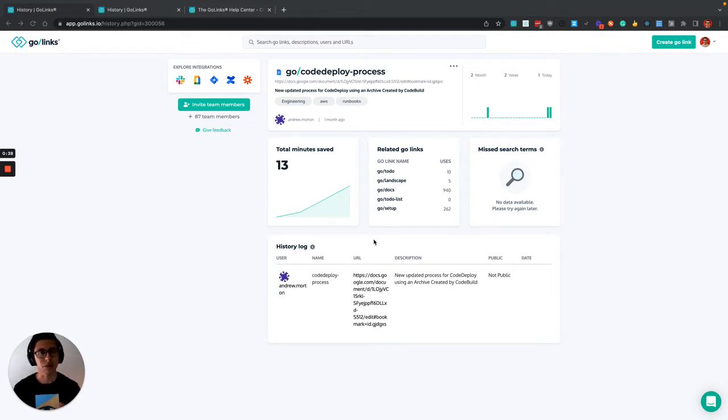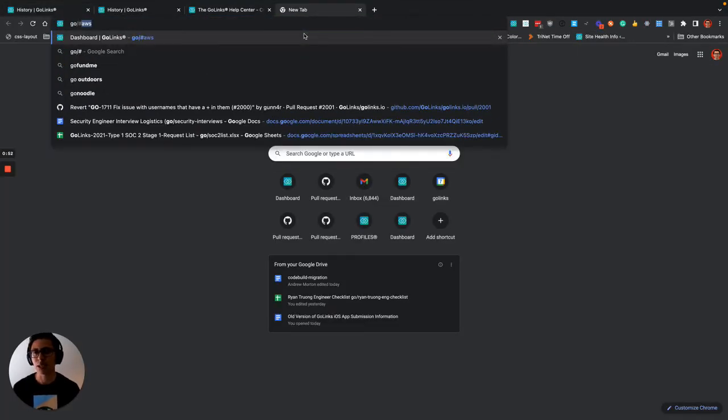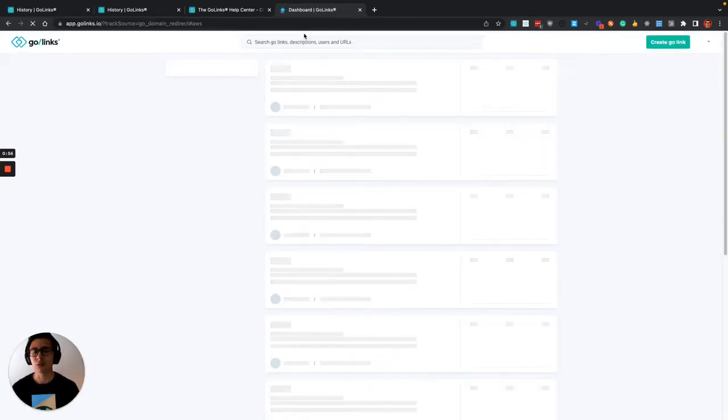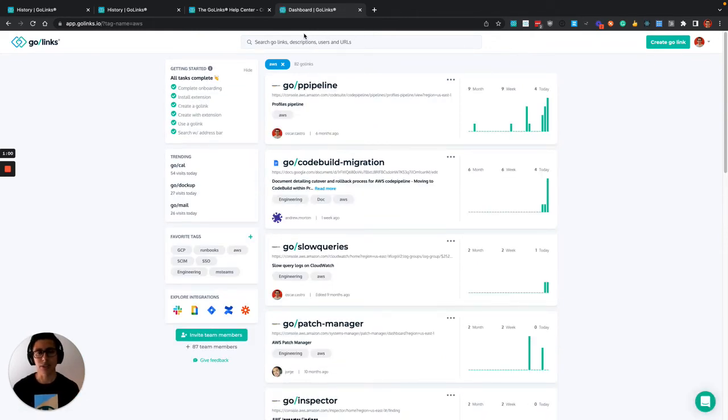Another thing that I like about GoLinks is the tag search functionality that allows you to search for any tag names. So you can either do that by using the search bar or by going to go/hashtag and then the name of the tag. Let me use AWS for this example. So now I'll get redirected to the page that shows me all the GoLinks that have the tag name AWS. You can search for any tags that you have available and you can create as many tags as you want